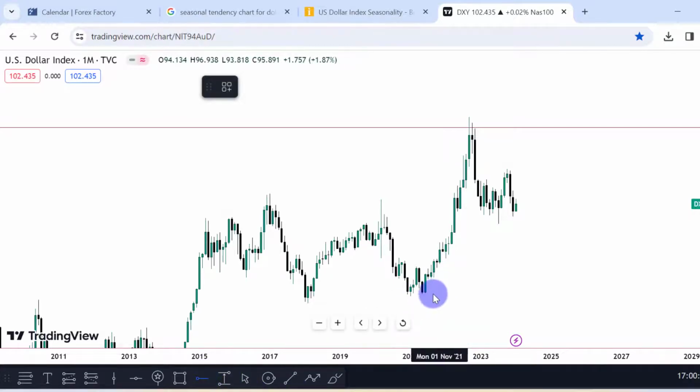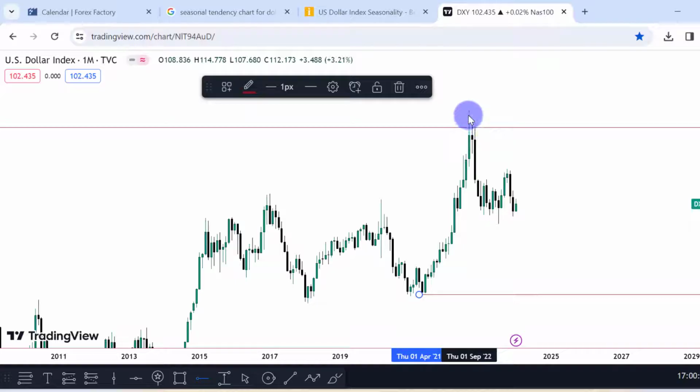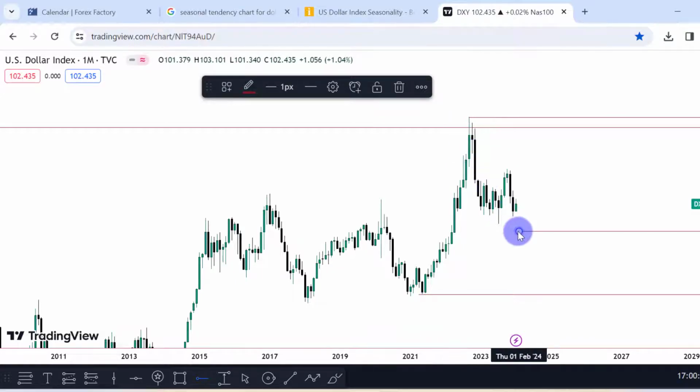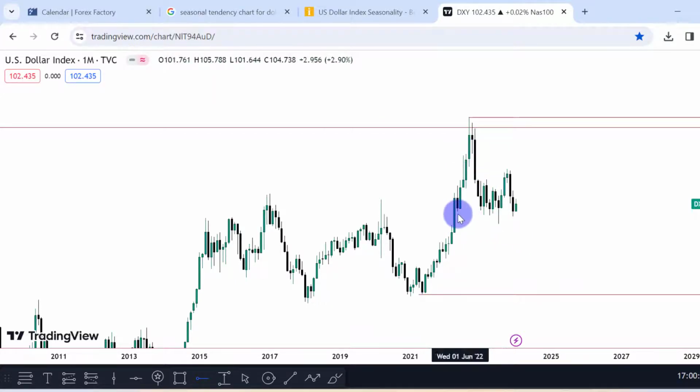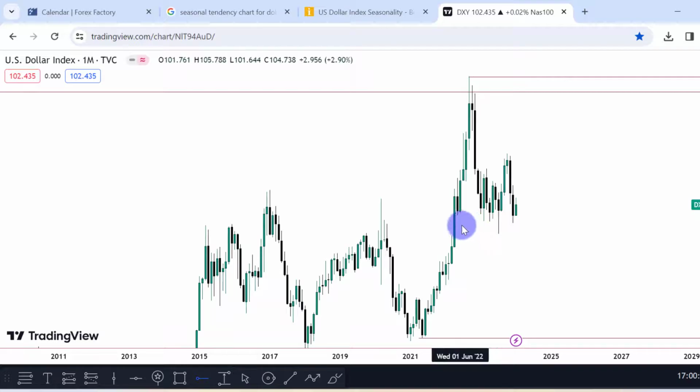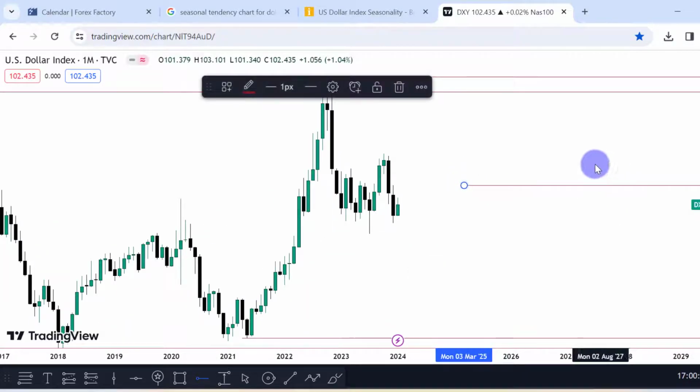Let's do that. So the low to the high there, that's the range. Price traded below 50%, which is obviously discount, and specifically that fair value gap here that price traded into. Price also traded into that sell side imbalance, buy side inefficiency right here, clearing the highs of the consolidation here. Price traded into that level, and we now see the dollar